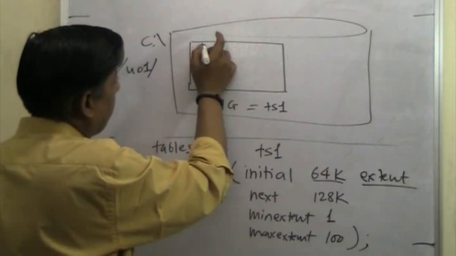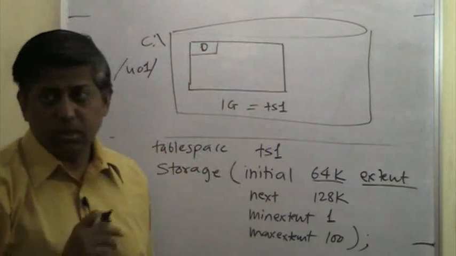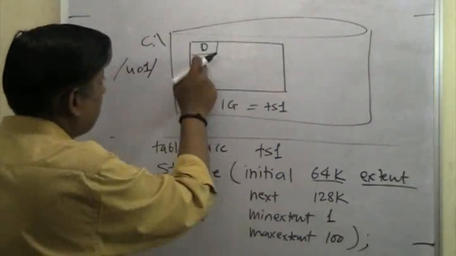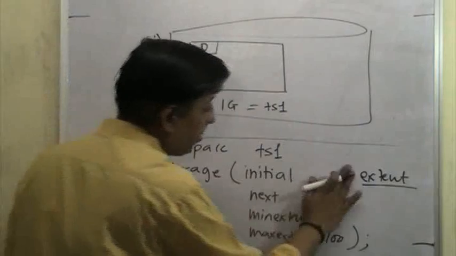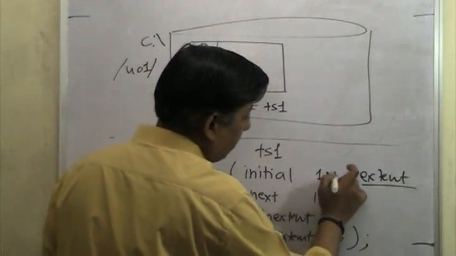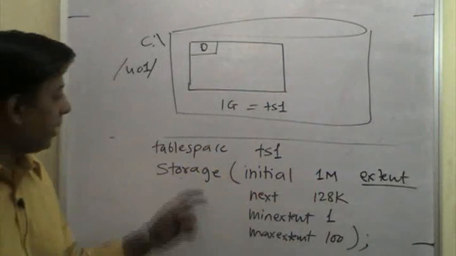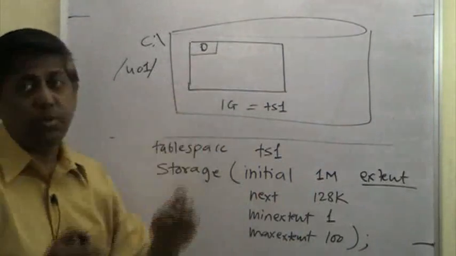Okay, extent number 0. Actually, the extent starts from number zero. So the size of this extent is 64 kilobytes. Why? Because I have mentioned that. If I had mentioned 1 megabyte here, then it would be 1 megabyte. Depending on whatever has been specified in the storage clause, that would be the size which will be reserved for